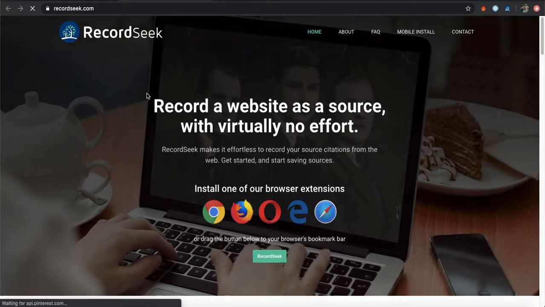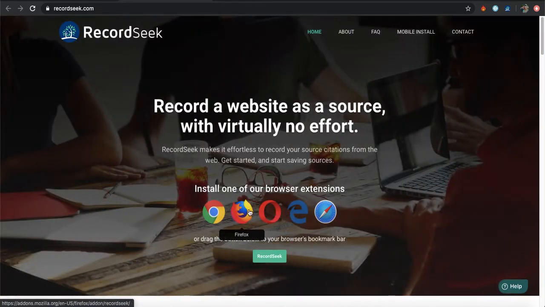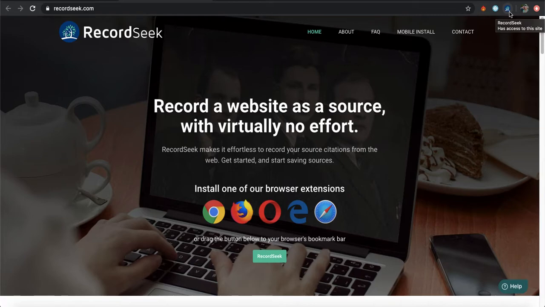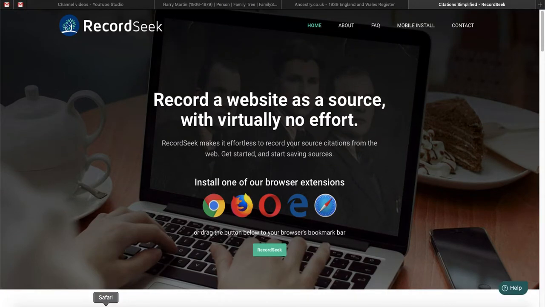this one, Citation Simplified Record Seek. If you're using Chrome, it'll ask you to download an extension. I've not used these other browsers, but I imagine they'll be very much the same, where you download an extension. The extension comes up here on the top right, and this is the Record Seek extension. This is a way to take the record from one site and put it to the other. In Safari, which is what I'm using,